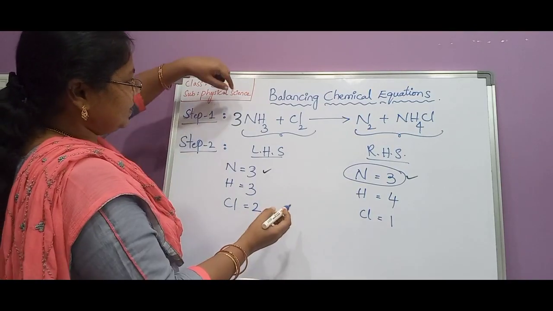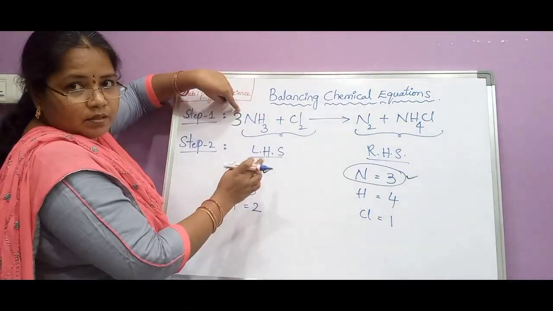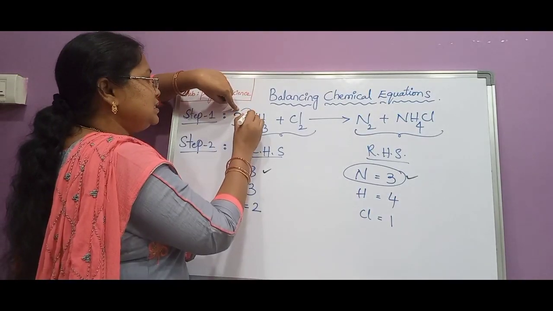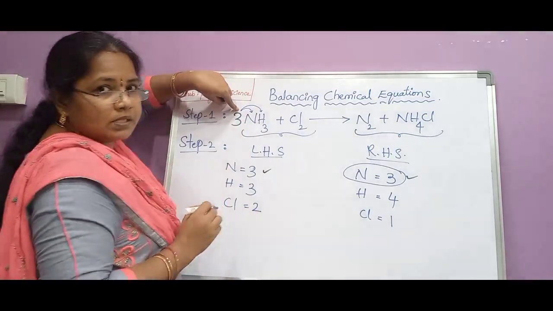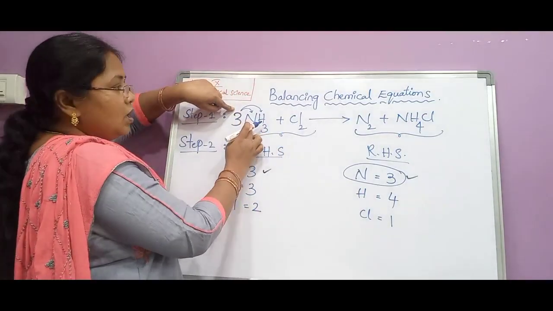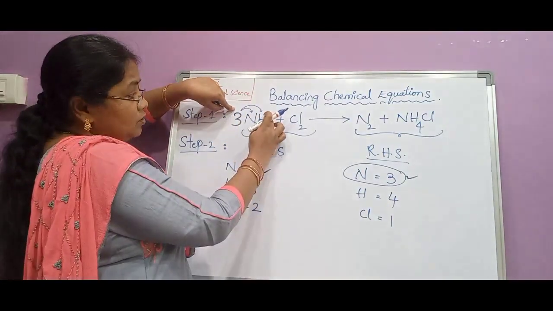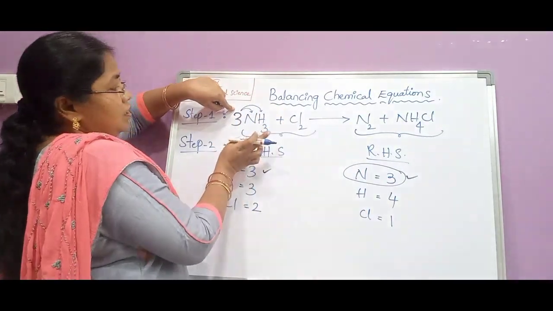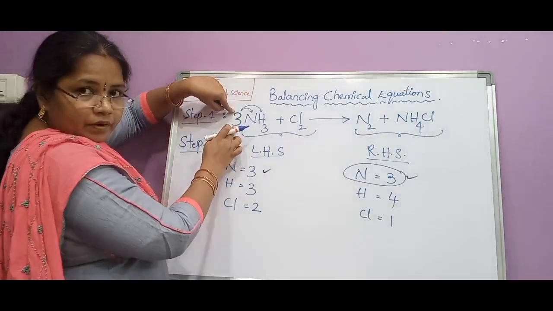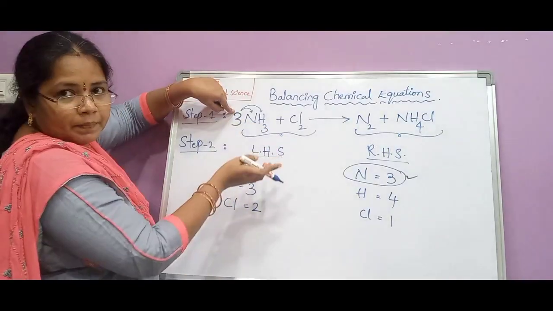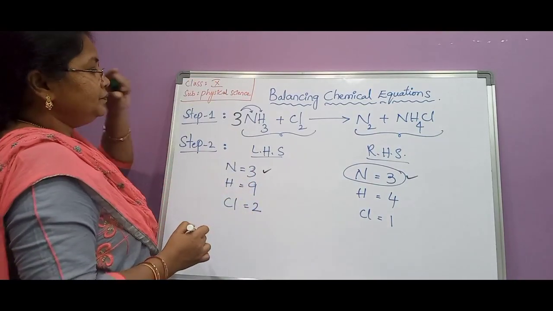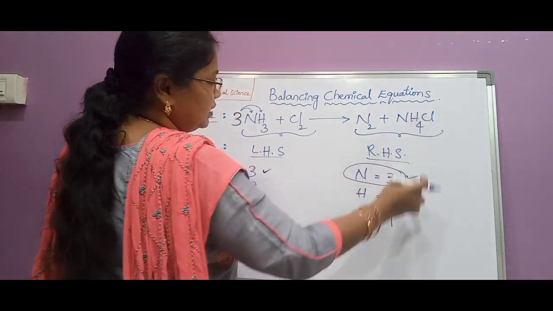Then see the remaining elements. The number of atoms of hydrogen also increases when you write the coefficient 3 here, because this 3 is applicable for both the elements present in that formula. So when you write 3 NH3, not only do the nitrogen atoms increase by 3, but also the hydrogen atoms. But hydrogen also contains the subscript 3, so we need to multiply the coefficient and subscript both. Very important. The coefficient we have written and that subscript should be multiplied with each other. 3 into 3, 9. So 9 hydrogens are there. And what about the right side hydrogen atoms? Here only 4 are there.